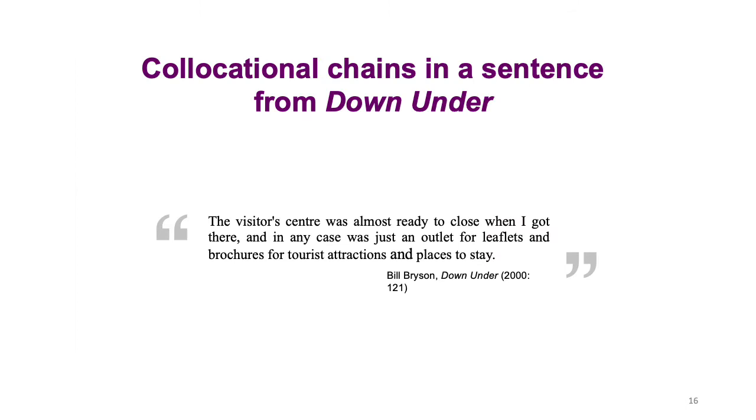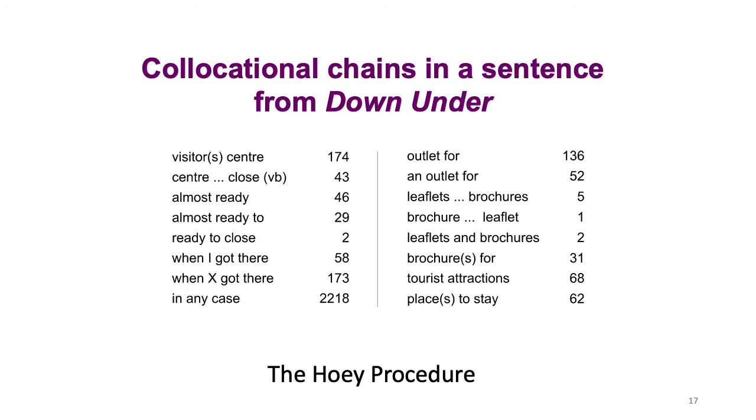Collocation chains is another way of using hits per million. In this example, we have a sentence taken from a book, and here we have chunks taken out of that sentence. Then we've looked in a corpus and found out how frequently they occur. And this gives a very good idea. The students get the idea that the language that we string together is chunks of already existing.